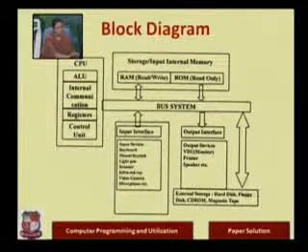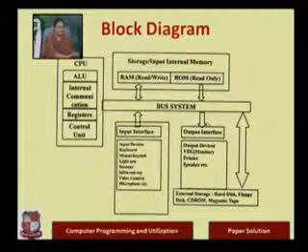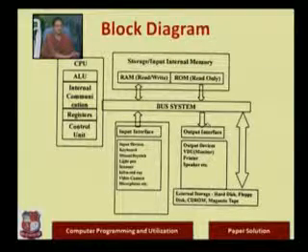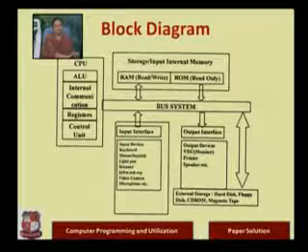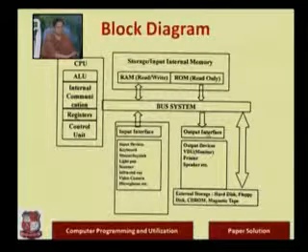So this way, first you draw the diagram, then you try to explain all the components, but do not write many things, just write brief description of what do you mean by input device, what do you mean by output device, right? What do you mean by CPU, what are the different parts of CPU, what do you mean by memory. Just that much is enough for a question like this. And we can try to draw the diagram as neatly as possible with all the required labels. So this example can be taken for drawing the block diagram.